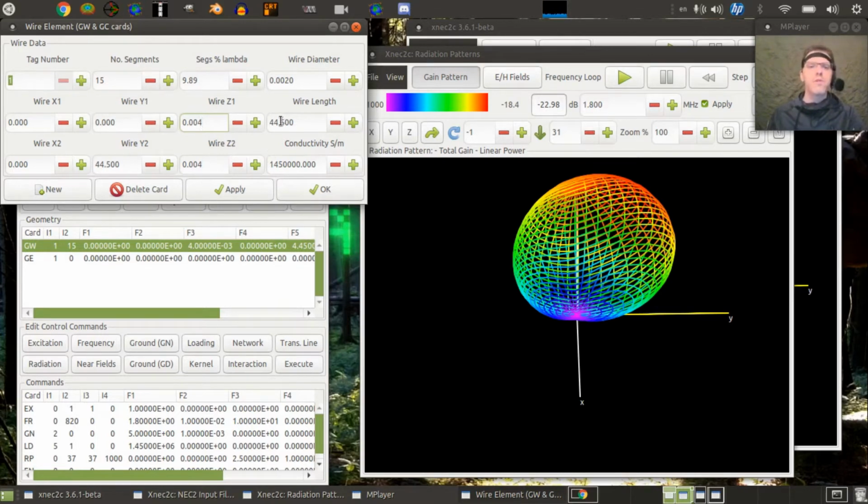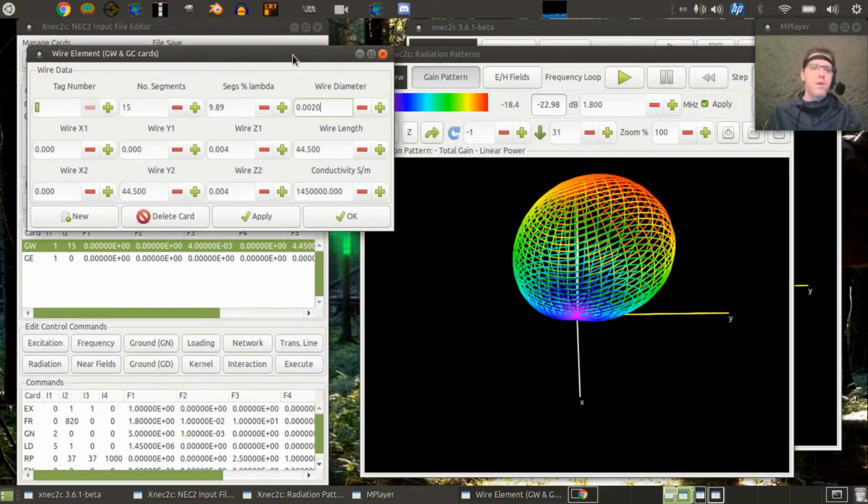But anyway, this antenna wire is 44.5 meters, and it has the conductivity of steel, or stainless steel in this case. And the wire diameter is 2 millimeters. The reason why I have this 44.5 is that I actually have a stainless steel antenna like this that is 44.5 meters long, and I just wanted to demonstrate that it's not that big of a difference with a stainless steel or steel antenna compared to a copper antenna if you have the appropriate diameter